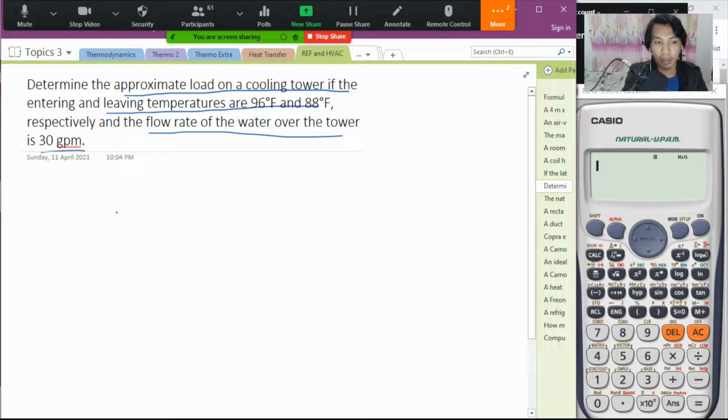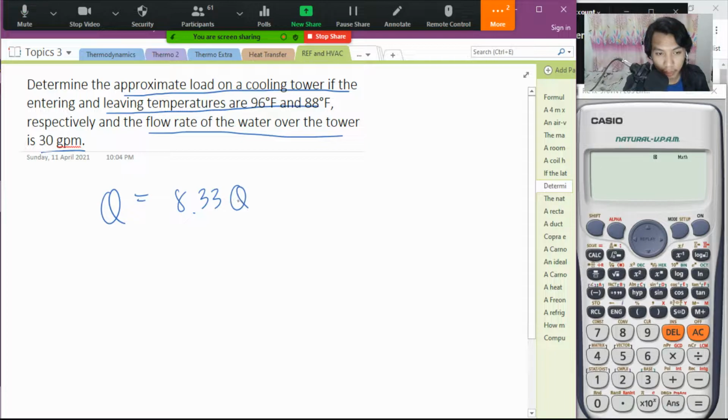Now, my class, di ba binigyan ko kayo, going back to your heat transfer, I gave you the total heat, the total heat na makukuha mo sa tubig sa isang cooling tower. Given yung GPM, given yung temperature difference. This is Q equal to 8.33